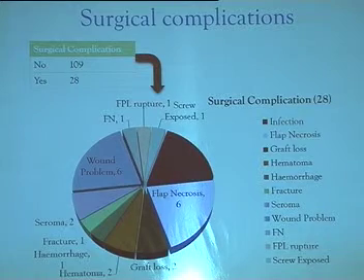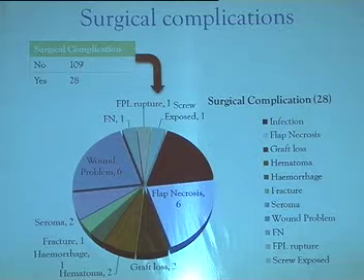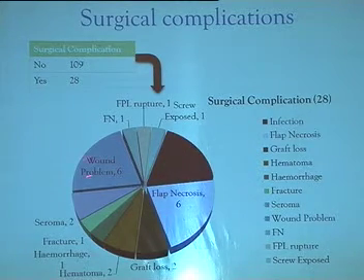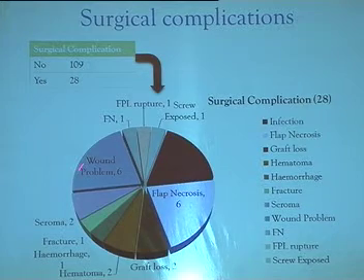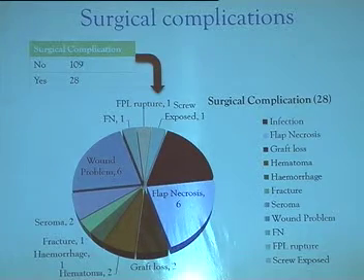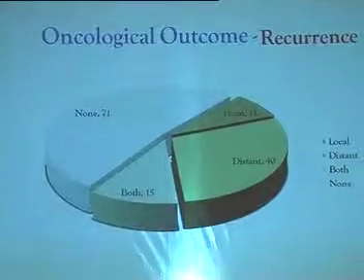So coming to surgical complications, we have our share of complications. 28 patients had complications. Most of them were superficial infections. Some patients had local wound problems. We did not require any intervention, and they healed with conservative management. 6 patients required an additional flap or additional surgeries for their wound necrosis.